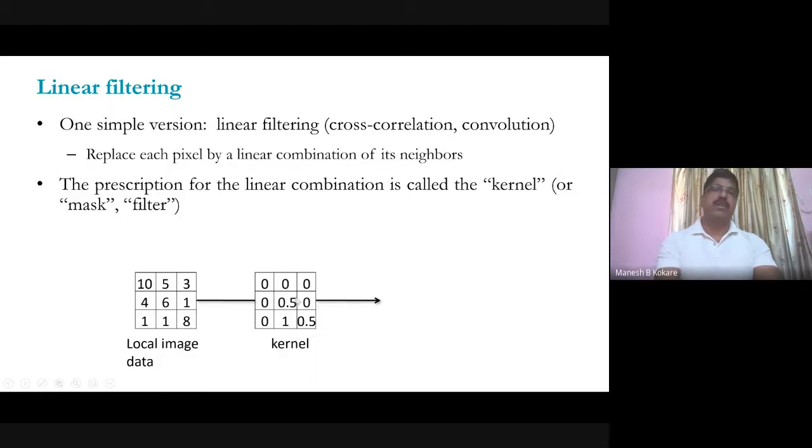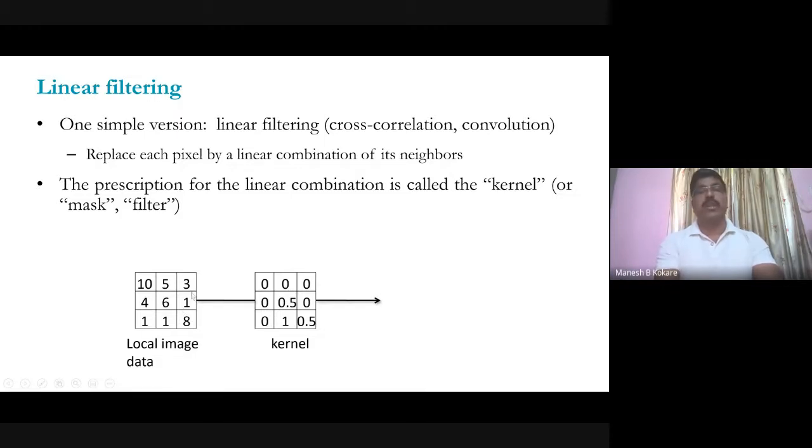Now see that if you keep this mask at the center such that this 0.5 coincides with this one, then for all those values 1, 4, 10, 5, 3, the weights 0, 0, 0 will be there. So when you multiply with those values, this will become 0. But when you multiply this 0.5 with this 6, this value will become 3. What about this one? It will be 0. Again, this one is multiplied with 1, so it will be 1. And then 8 is multiplied with 0.5. So you got here 4, 1, and 3. So you have to add all those values. This 0, 0 will not make any contribution.